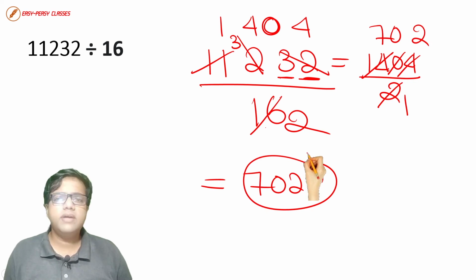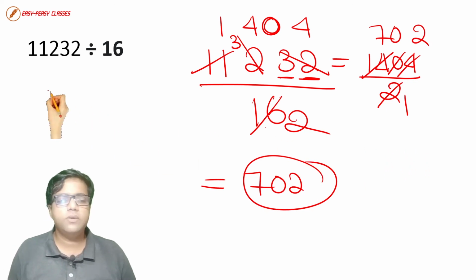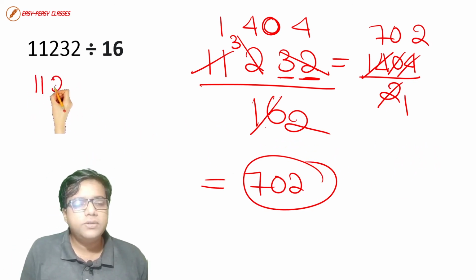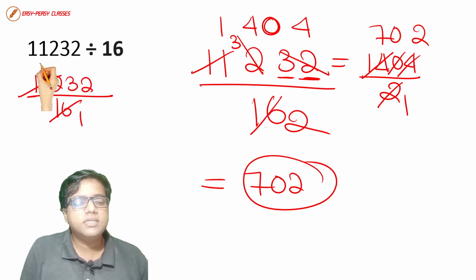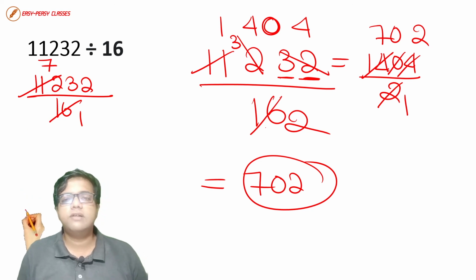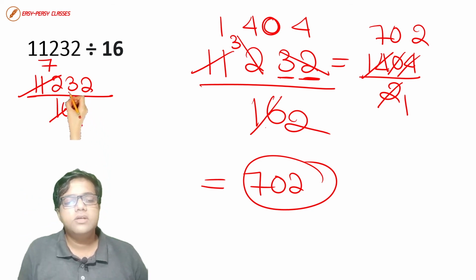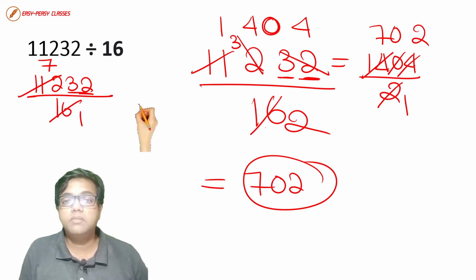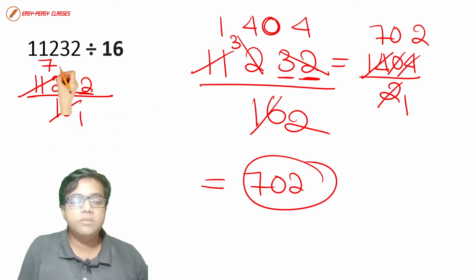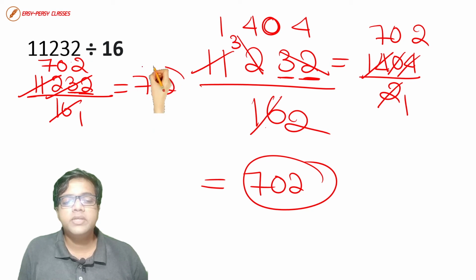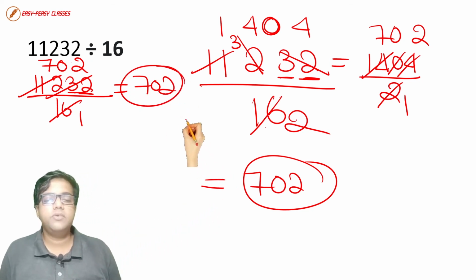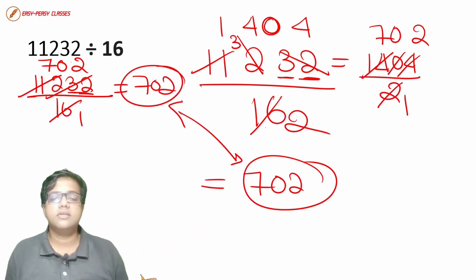You could have directly divided it with the help of 16 as well. Okay, let's do that part also. 11,232 divided by 16. 16 1s are 16. 16 7s is 112. So you take the next number, 3. You can't divide 3 by 16. You take two numbers together, and whenever you take two numbers together, you need to keep a 0. 16 2s are 32. So you get the answer 702 in a single step. In a single step, you will get the same answer, right?